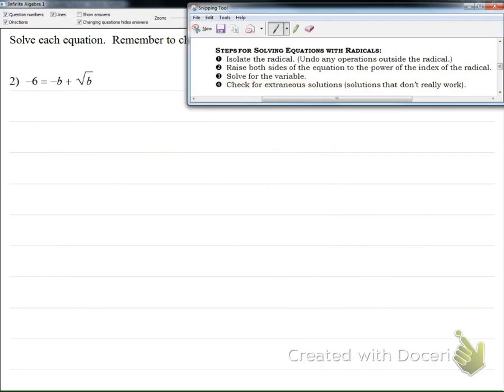Okay, ready for looking at number 2? Let's use our steps. The first step, we need to isolate the radical. Well, look where our radical is. We have a square root of b, but there's this negative b right beside it. So we need to get that to the other side of the equation by adding b to both sides of